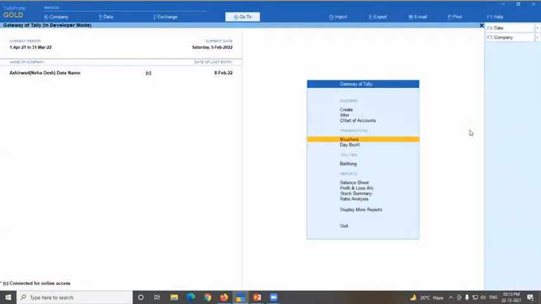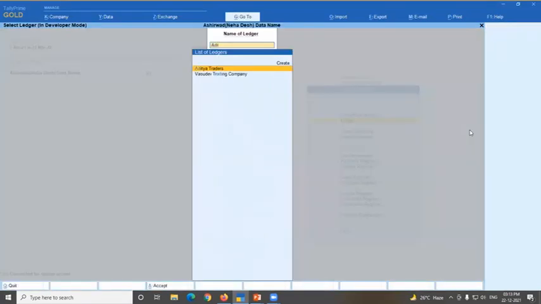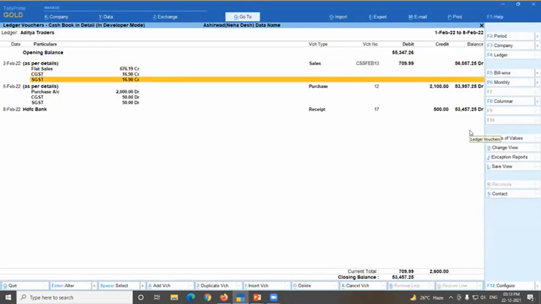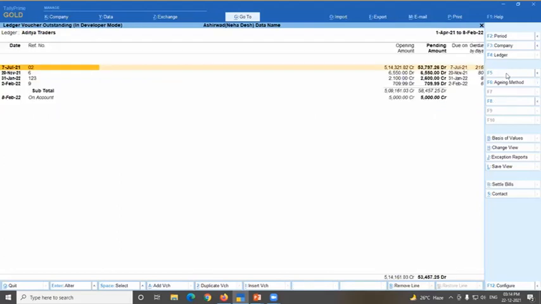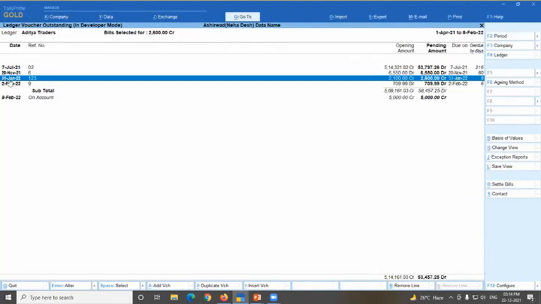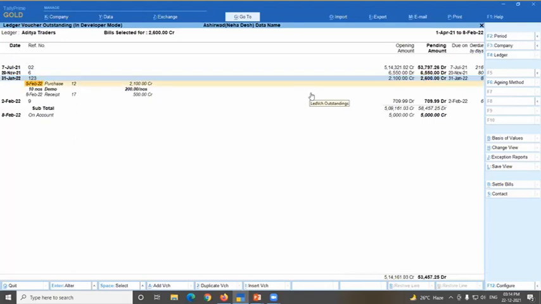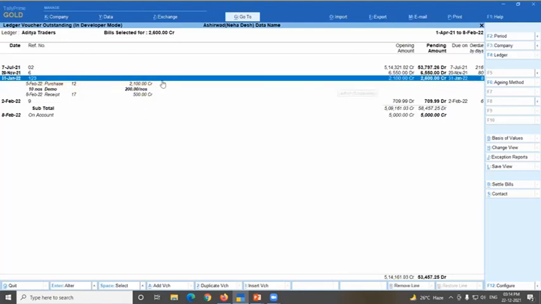If you want to see the ledger, display account book, ledger, and that party is here. You can see here, the entry is done on 5th February itself. Accounting will happen on 5th February as per our accounting rules. But if you see the bill-wise details, you can see that the bill is considered on 31st January. See here, 31st January, 123 number bill. If I press Shift+Enter here, Tally will show you that the bill is entered on 5th February. But days are counted from 31st January. The report date is 8th February, so from 31st, it is calculating 8 days.